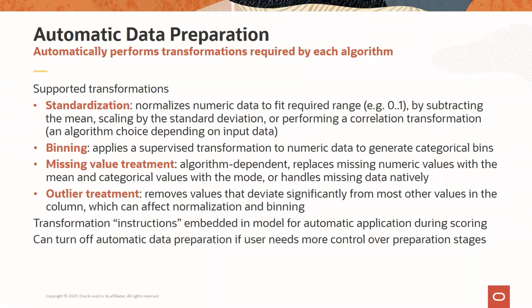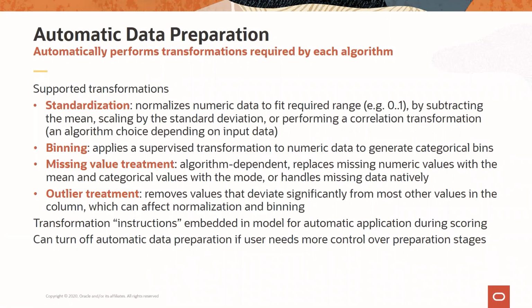But sometimes you don't want automatic data preparation. You want to actually control this yourself. And if you'd like, there's also a package that is provided, DBMS Data Mining Transform. And that has a variety of functions, one of which is outlier treatment. We talked about that now. And it has techniques for Windsorizing, which is this notion of setting outliers to the nearest value that is not an outlier, or trimming, whereas you just cut off the outliers and replace them with null and treat them